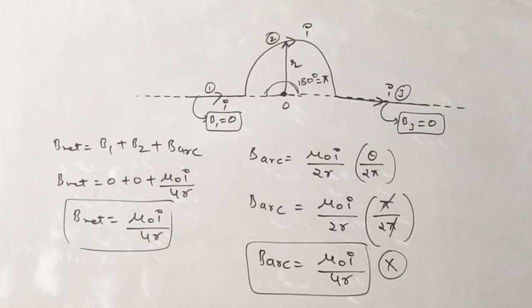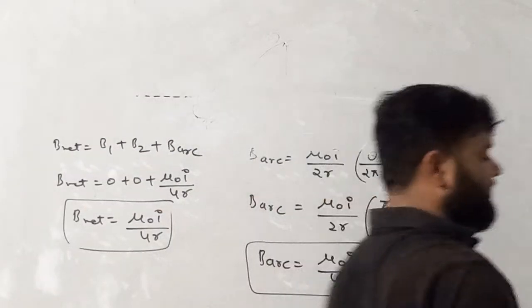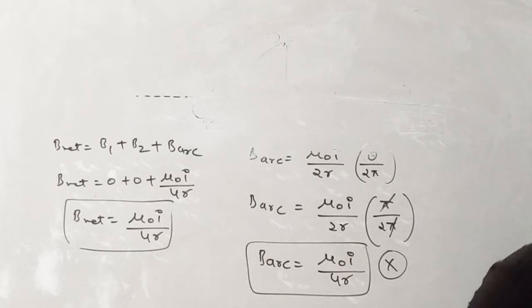The next question is: Figure shows a current loop having two circular segments